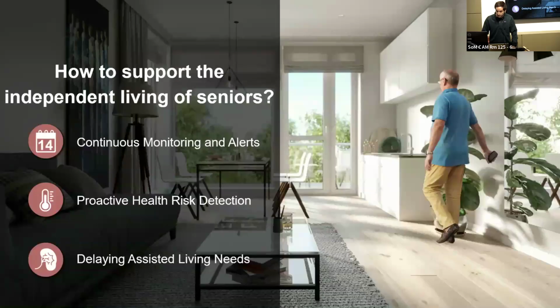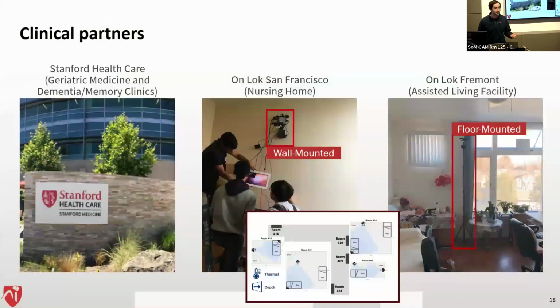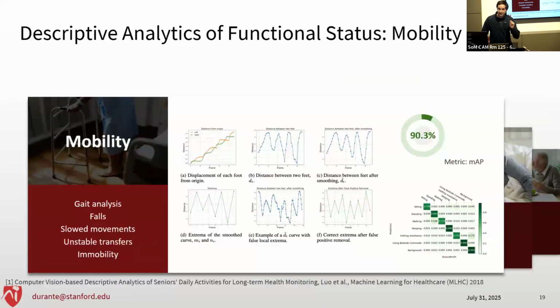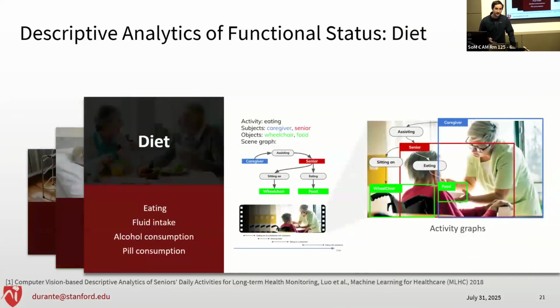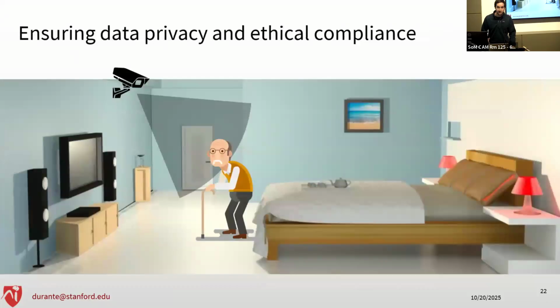I'm going to go through the rest of the slides rather quickly and pause near the end, just in the interest of time. But really, we do a lot of work in the independent living of seniors. We have all these clinical partners at Stanford and abroad that we've worked with. And there are some really interesting statistics you can get, like mobility: how are people walking? Are they falling? How stable is their movement? All of this can be detected with a camera. You can know when people are at least in bed, when they are trying to sleep? And you can also get an idea of how often they are eating, how long they spend eating, how much time they spend drinking fluids, etc. So there's really a lot you can do.